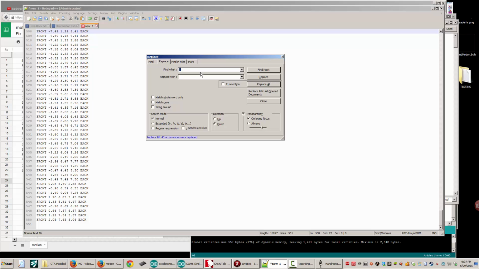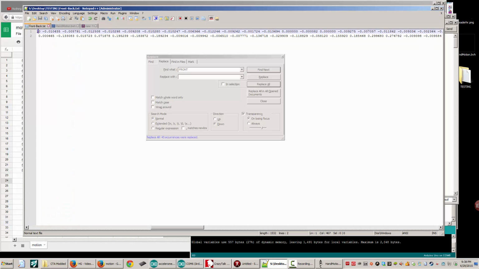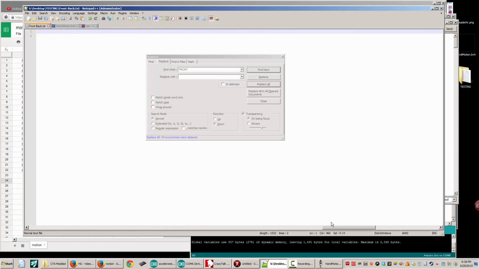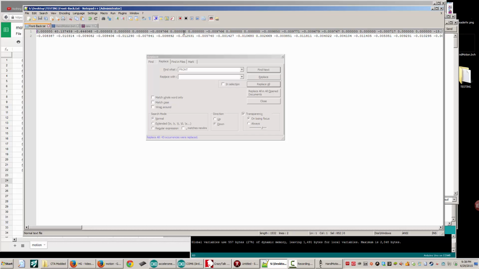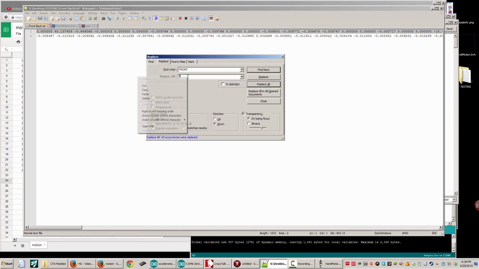Okay, so now we're going to take the front and replace it with our front section. This is all manual rebuilding. I mean, obviously the ideal solution would be to come up with a way to automate this whole process, which I probably can do. Let's see, we're going to replace it with this, paste,